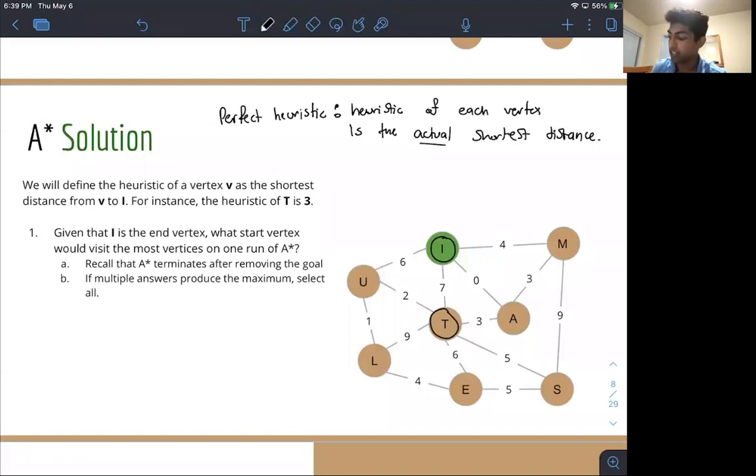So now let's suppose that I'm running, I don't know, Dijkstra's, or let's say A star from S. And we're going to see something cool arise because of this perfect heuristic. Let's notice that the priorities of vertices: M has a priority of 3, T has a priority of 3, and E has a priority of 9. And where did I get these numbers from? It's because the shortest distance between M and I is 3. The shortest distance between T and I is also 3. And the shortest distance between E and I is 9 via